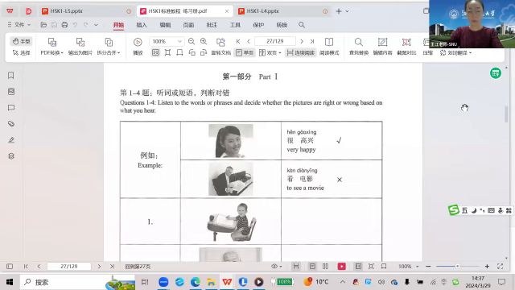Listen to the words or phrases and decide whether the pictures are right or wrong based on what you hear. 例如， Example: 很高兴 very happy, 看电影 to see a movie,